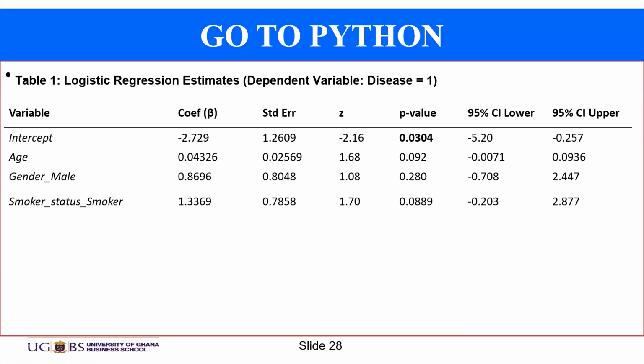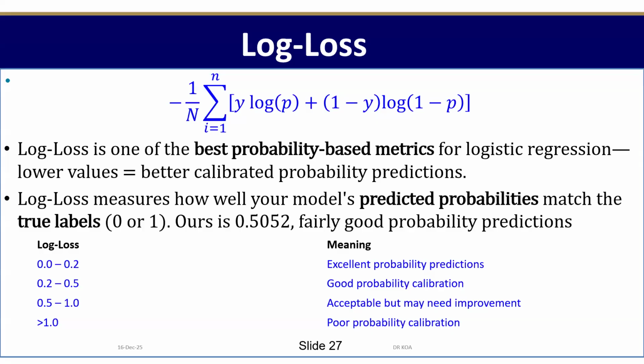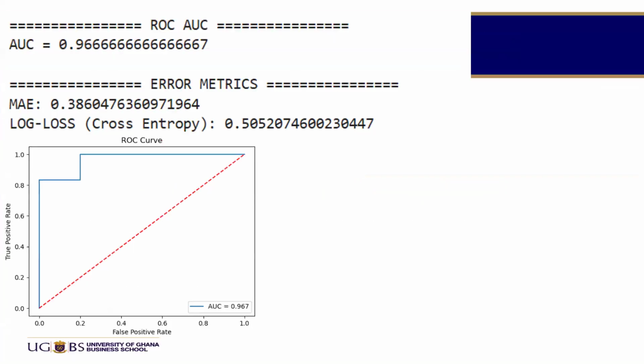If you want to show your work in the form of a journal paper, this is how you show your work in a journal paper. It has these for causality purposes, but for prediction purposes, those are the ones that you see here. Please, I've just shown you one curve. There are about 5 different curves you can use for your work. Ladies and gentlemen, that brings us to the end of the entire